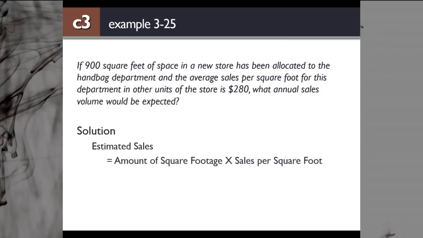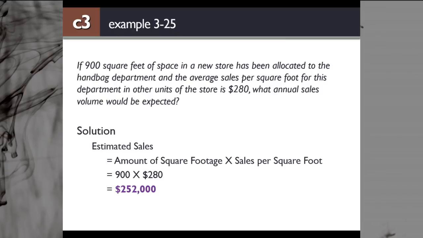So that's the amount of square footage multiplied by the sales per square foot. That is 900 multiplied by 280. So you can tell your estimated sales for the department based on this space size. That will be